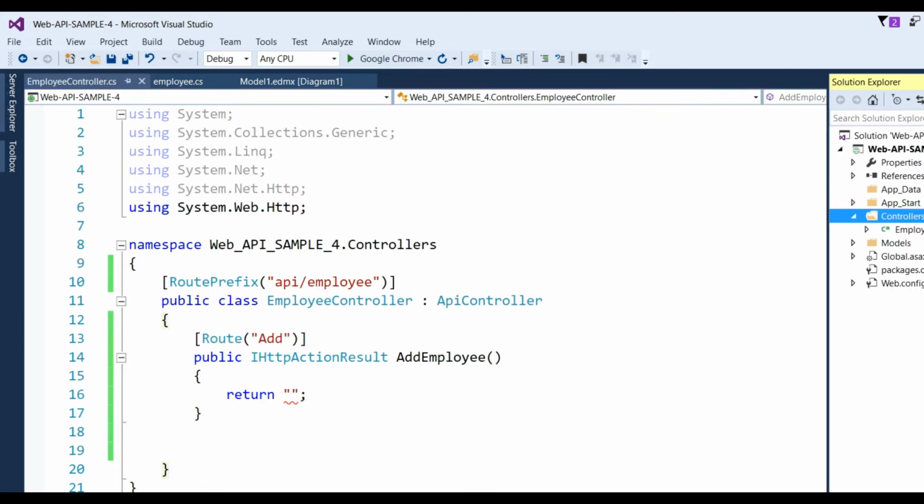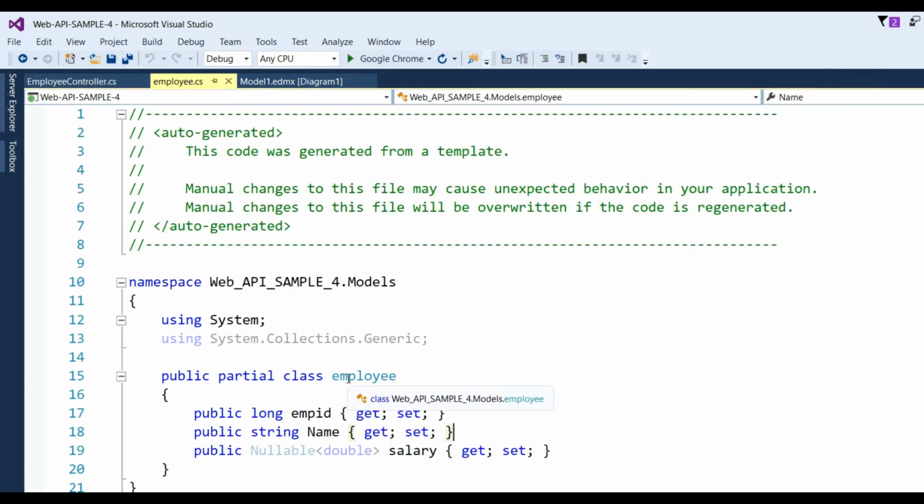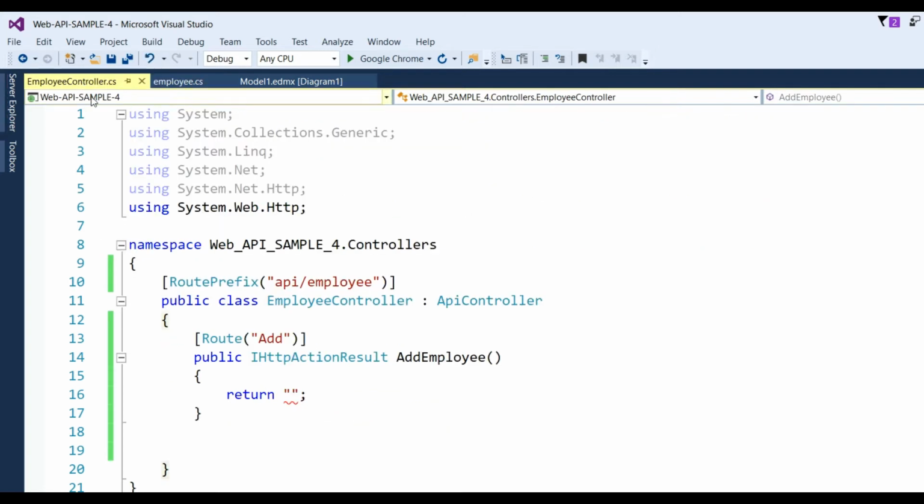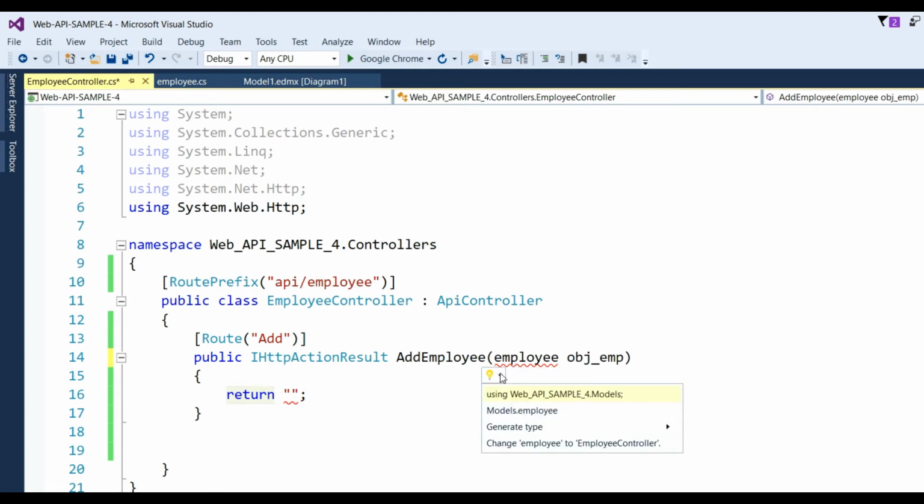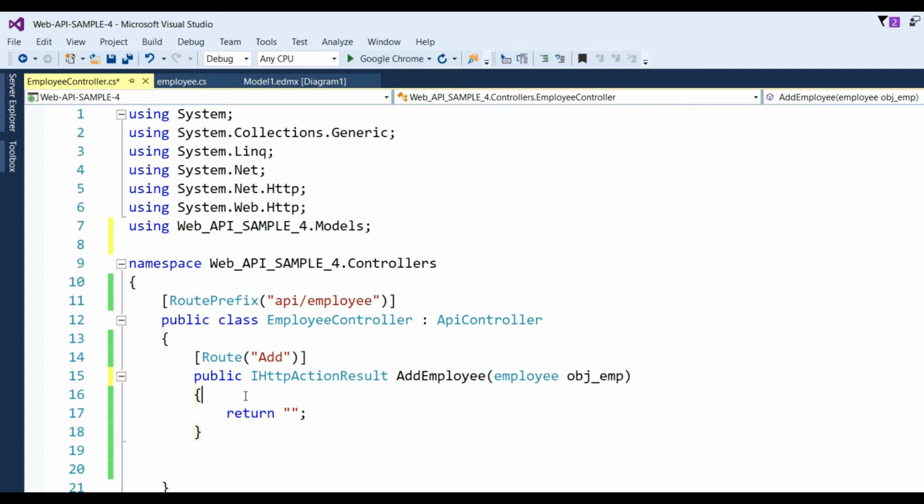Also you can check that in Model1 the Employee model is already created, so you can use it; there is no issue. So Employee is the model, and make an object of this model, emp. Add the namespace for this: using WebAPISample.Models.